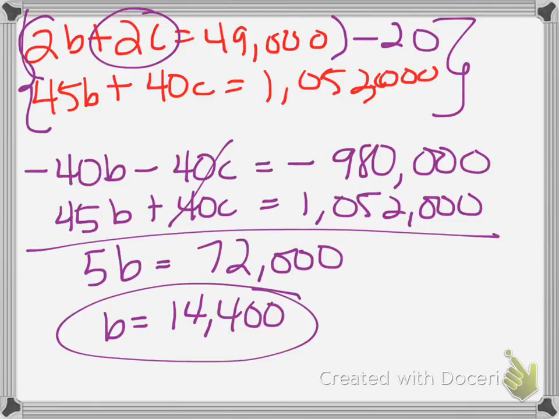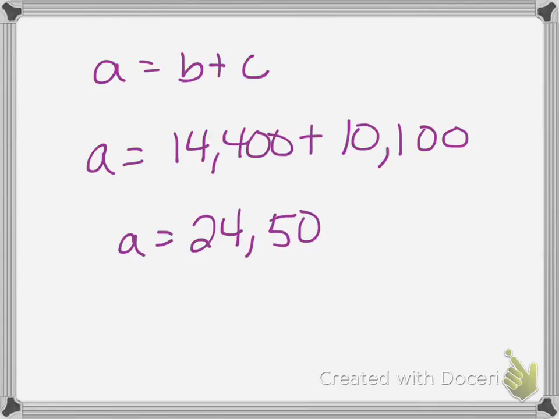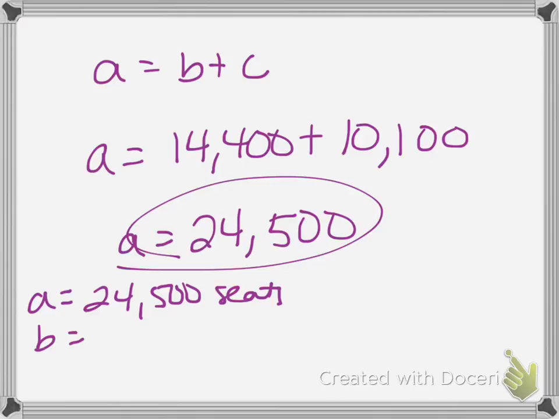So I've got B, I've got C, and now I just need to find A. And remember, A was B plus C. And so A equals B, which is 14,400, plus C, which is 10,100. And so therefore A equals 24,500. So now when you give your final answer, you would just say, A is 24,500 seats, B was your 14,400 seats, and C was your